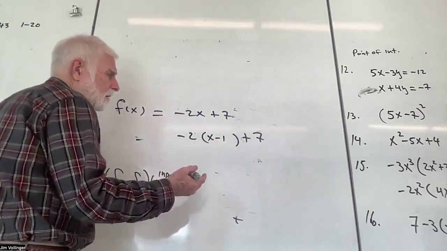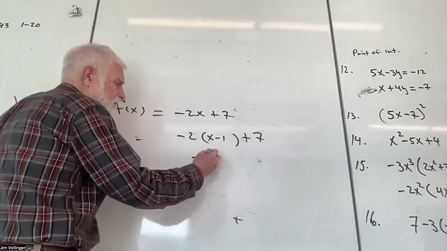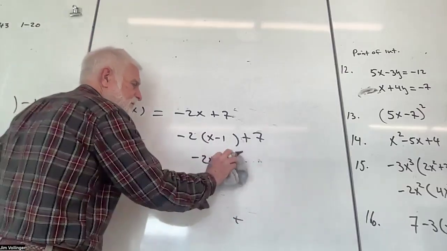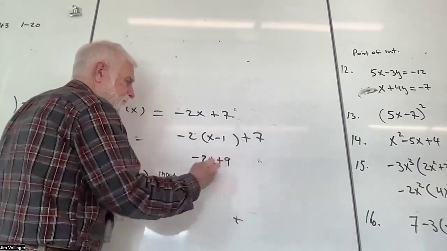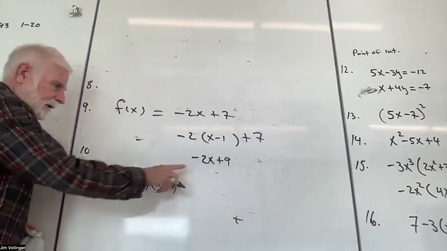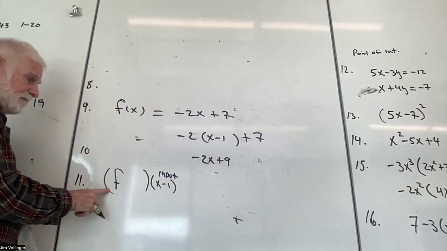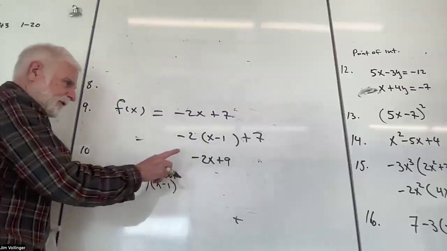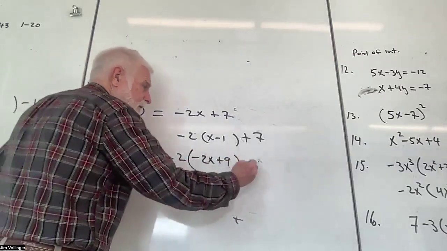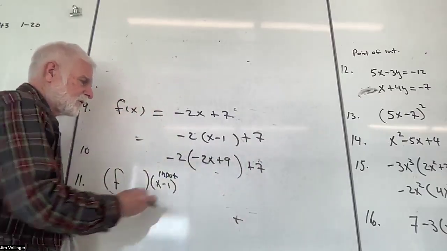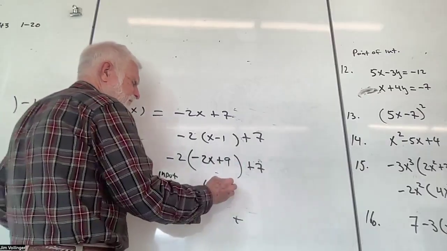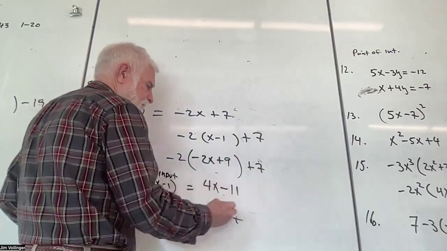yeah, I think I'm going to get -2x plus 2 plus 7. Sure looks like I get -2x plus 9. That means I did this and got that. Well, now I got to do this again. So what am I going to do with this new number? I'm going to multiply it by -2, and I'm going to add 7. And that's what's going on conceptually. So that's 4x minus 18 plus 7 is -11. That's your answer